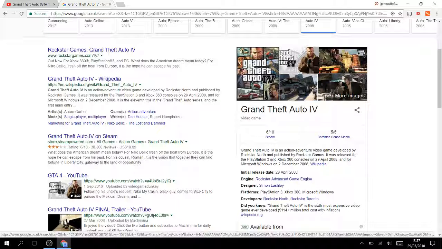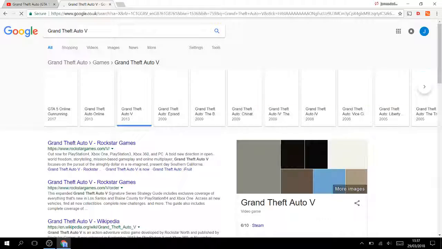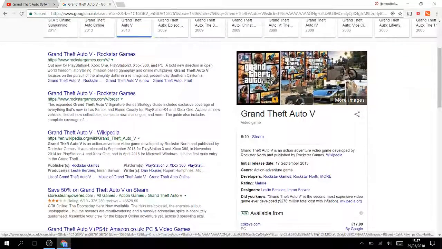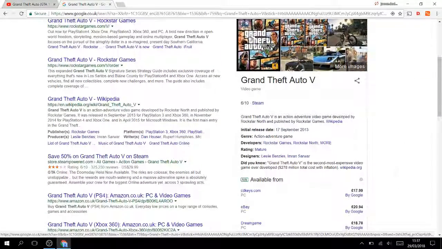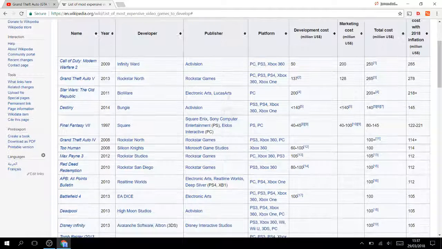They won't play it, they won't really be that interested in a new one. But you skip forwards all the way to 2013, you have Grand Theft Auto 5, one of the highest grossing games ever. It was also the second most expensive video game ever developed. Of course, source to wikipedia.org there. As you can see, we can go onto their site, and here we go.